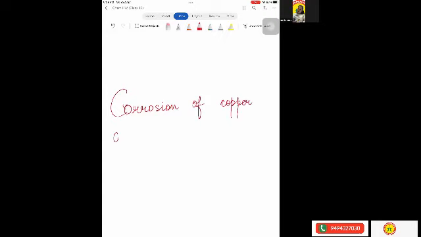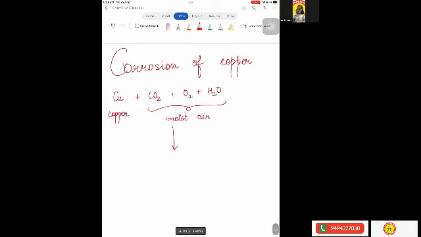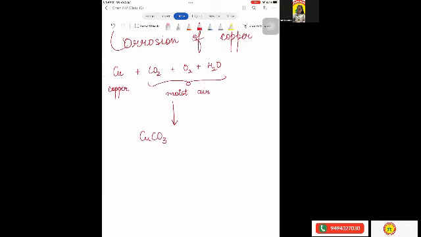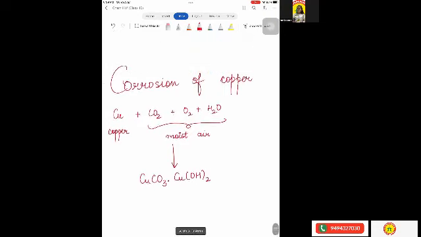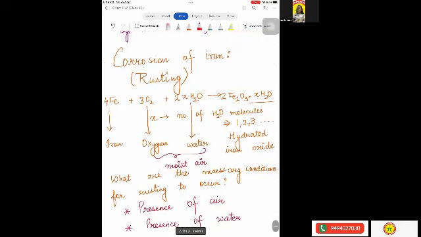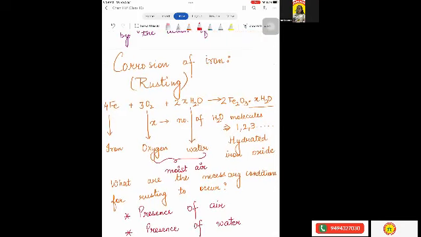So what happens in the corrosion of copper? The copper reacts with carbon dioxide, oxygen, and water. Again, this is obtained from the moist air. This is copper, you already know. On reaction, it leads to the formation of CuCO3.Cu(OH)2. I forgot to mention a very important thing over here. The color of hydrated iron oxide is reddish brown,